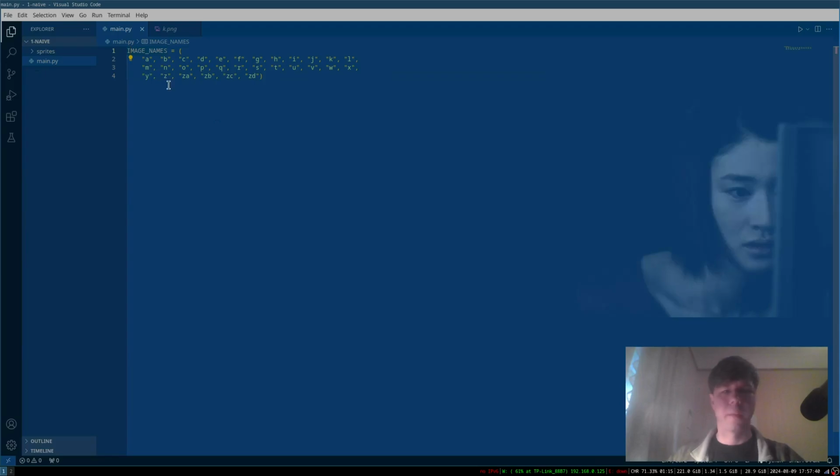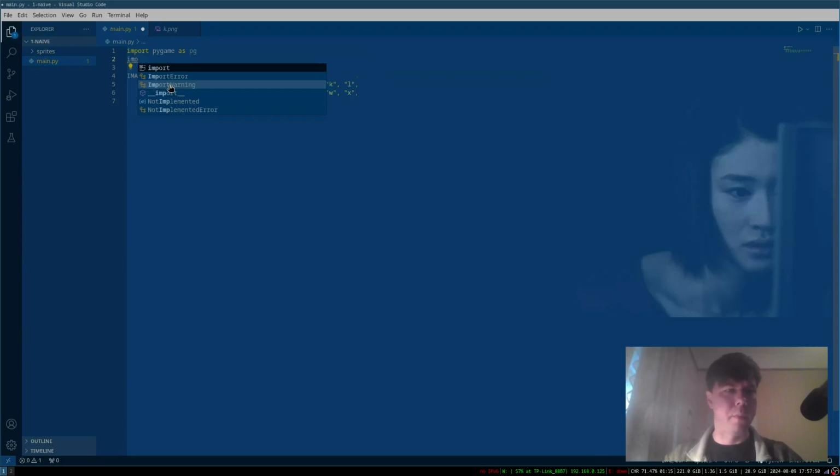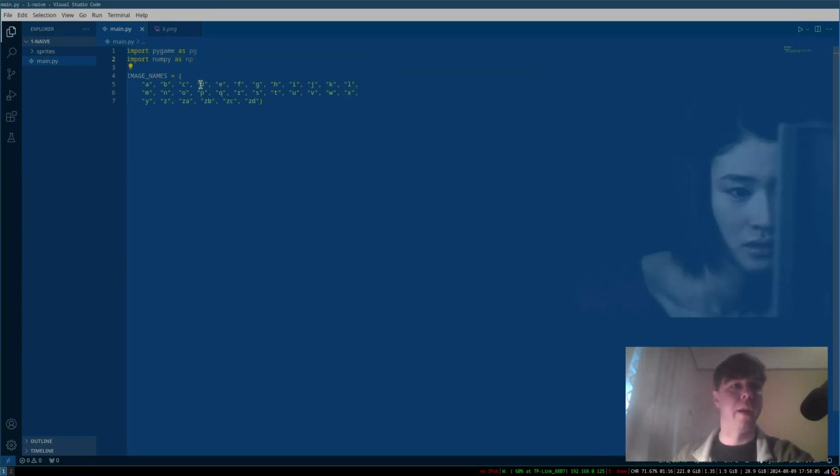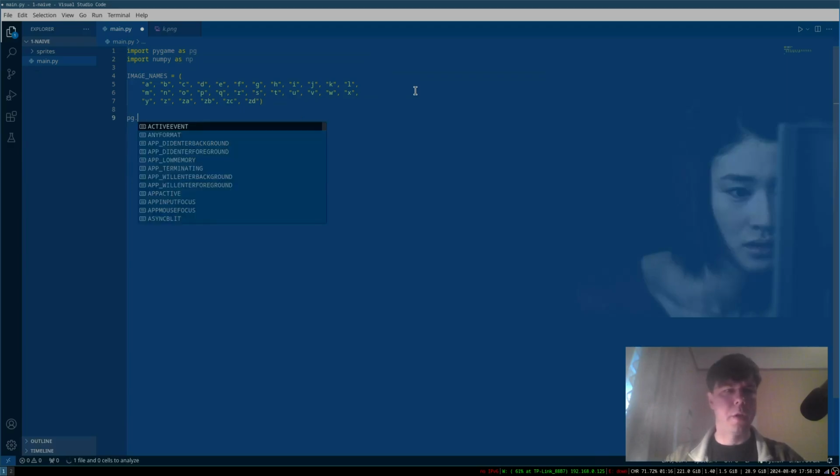First thing I'll do is my imports. So I'll import pygame, and I'm also going to import numpy. The reason I'm going to import numpy, I'm not doing anything serious, but I just want to choose some random positions and some random sprites, basically. So let's see, we'll initialize pygame,